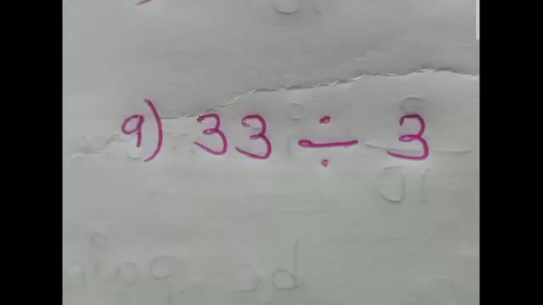Now students, here the ninth one is 33 divided by 3. You can see here, the dividend is 33 and the divisor is 3. The first number of the dividend is 3 and the divisor is also 3. So you can do it by using 3 ones are 3. You will do this division by a single digit number. First you will do the first 3, then the second 3, like first the tens place and then the units place. Is that clear? Now let us solve this division sum.